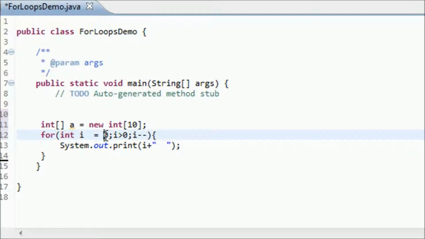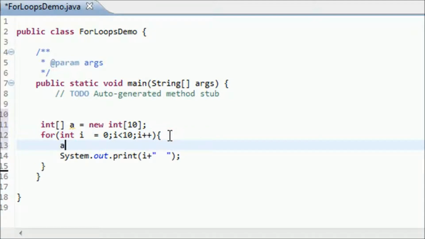Int i equal to 0, i less than 10, i plus plus, I am incrementing, and I am passing a value into a of i equal to i.